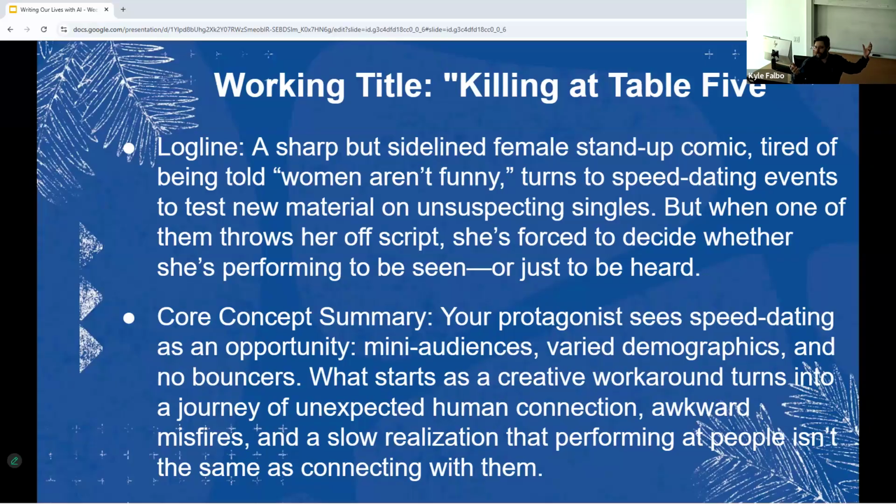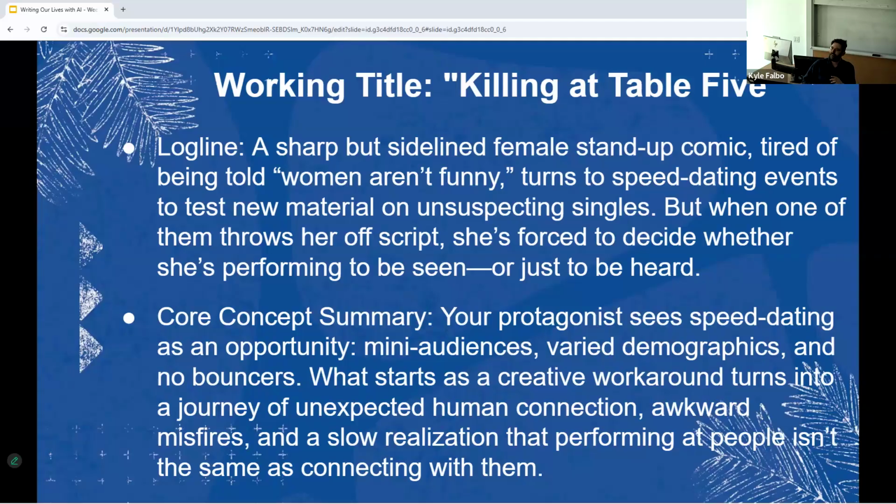I came up with an idea for a screenplay, a story, and the idea is you've got a female comic who's being rejected by the local comedy scene, and they can't get a slot, and they're battling this trope that women aren't funny. So they end up walking by a speed dating event, and they go in there and use all of their stand-up material in these 3-minute segments while speed dating. And I thought that would be such a cool visual thing to see, right?